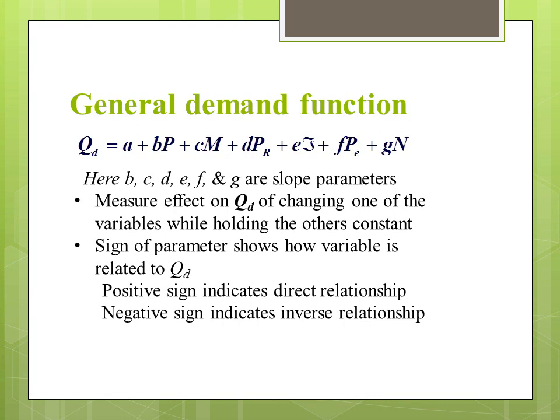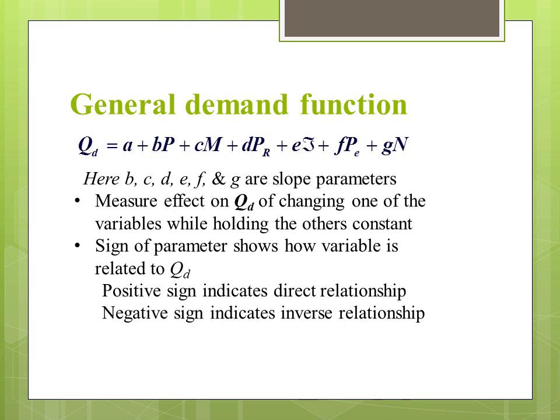So A is a constant, and a constant cannot change, as you know, and B, C, D, E, F, and G are the slope parameters. So when price P, M, price of related goods, taste of consumers, price of expected goods, and number of consumers